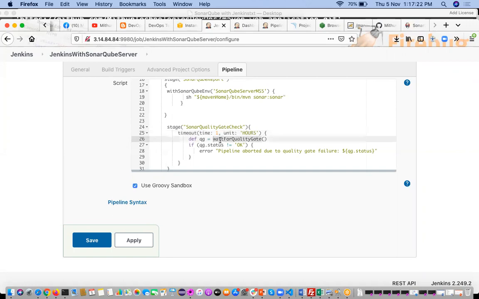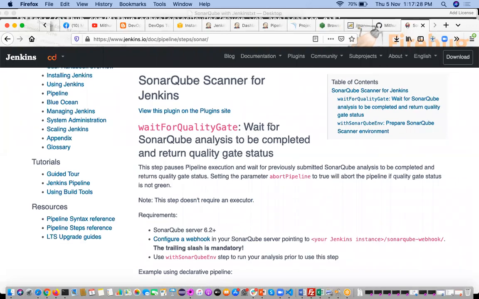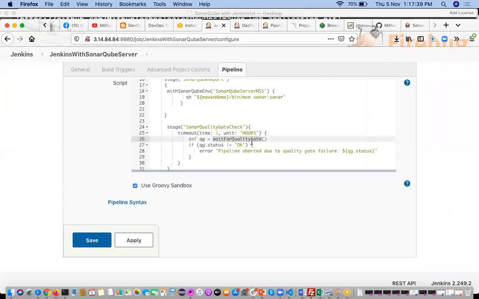One function is there, waitForQualityGate. The description says it is going to wait for SonarQube analysis to be completed and return the quality gate status, whether it is a success or failure.